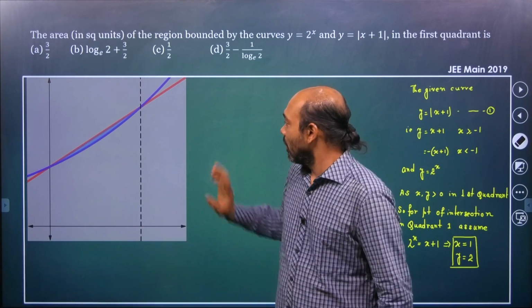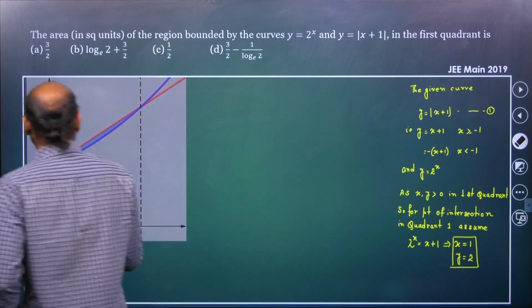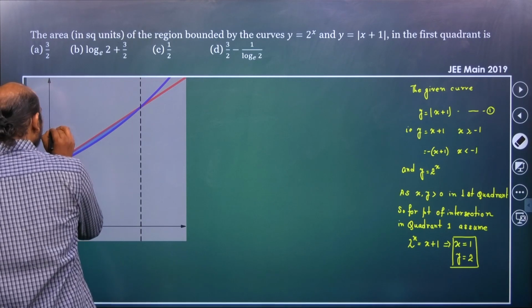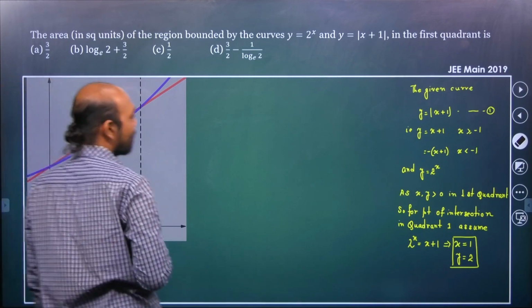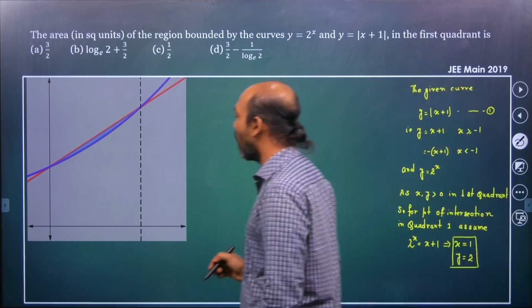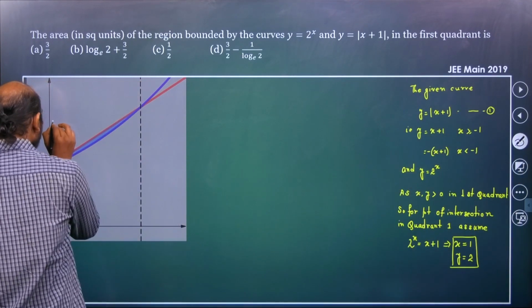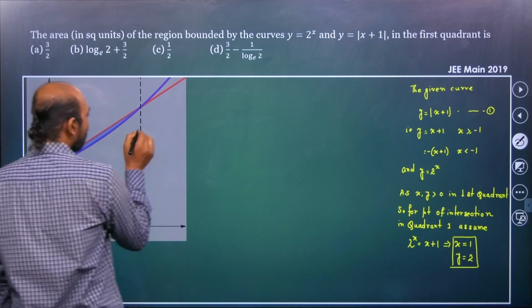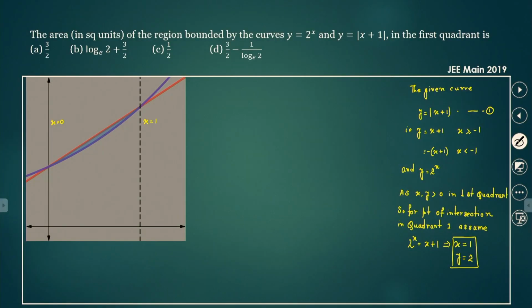Now we understand that the required area is bounded by the lines x equal to 0 and x equal to 1. So x equal to 0 on the left, the upper limit is x equal to 1. The bottom curve is y equal to 2 to the power x, and the top curve is actually y equal to x plus 1. So therefore, we can easily write the required area